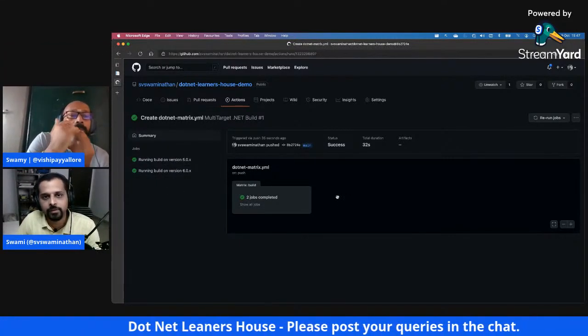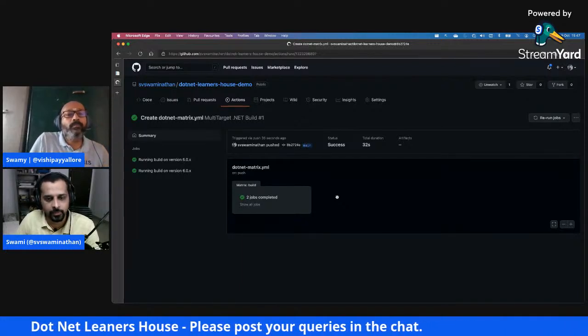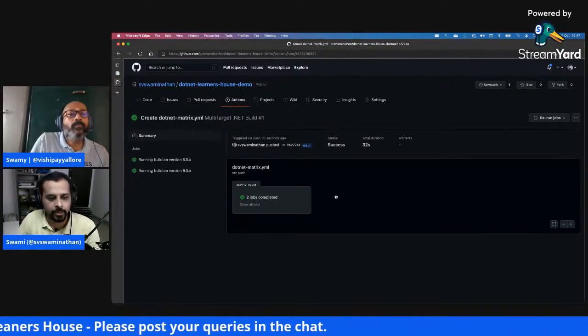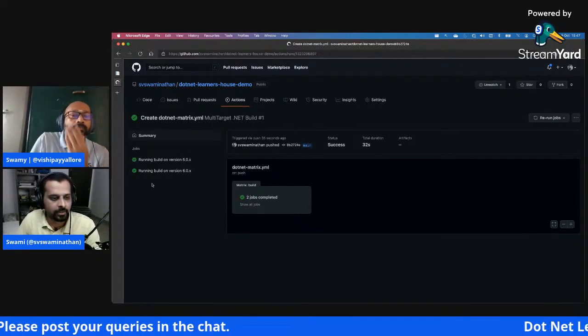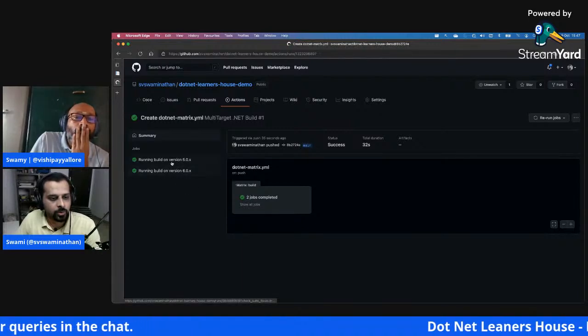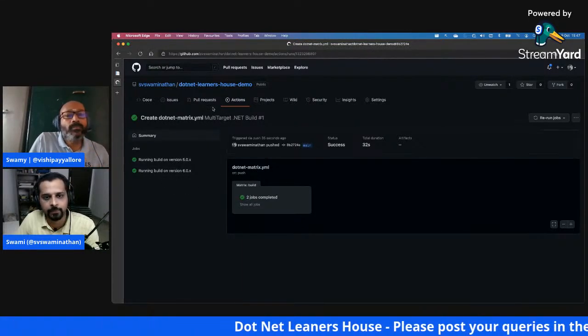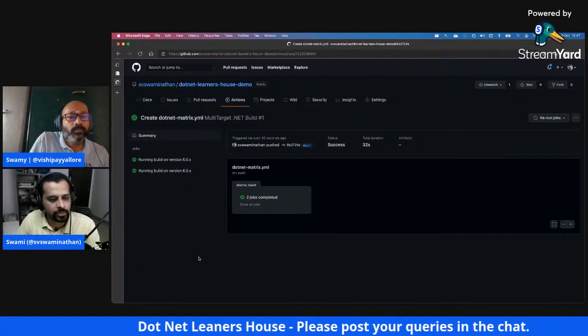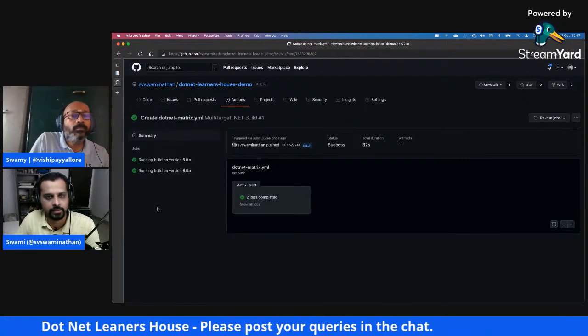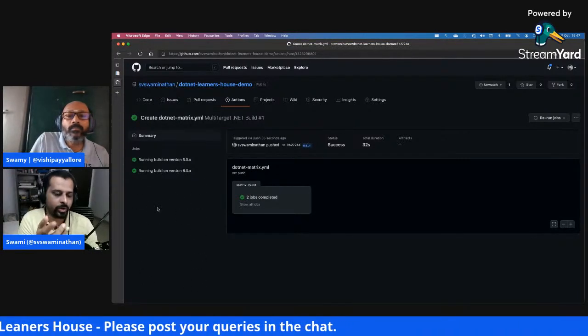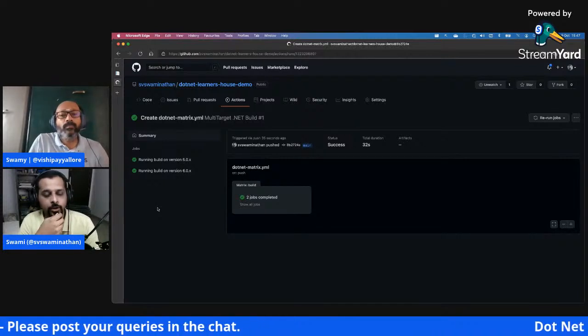But there's also a way we can make it sequenced. That's what we will do next when we try to deploy this app into Azure. Okay, so this is a quick view of the .NET. As I showed in the matrix, you can specify as many versions there, and however many versions you're creating, it is going to run them in that many jobs. This one example I just showed using a .NET version.